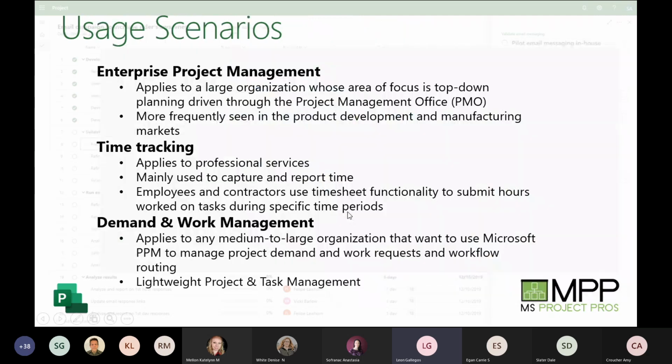Now, moving on from that, some different usage scenarios for implementing all of these different tools typically fall into one of these three categories. The first one being just full-fledged enterprise project management. This is allowing you to roll out a tool like this across multiple departments, multiple regions, multiple users within those demographics, whether they're in Asia, Latin America, EMEA, the US, you would be able to have them all connecting to the same location.